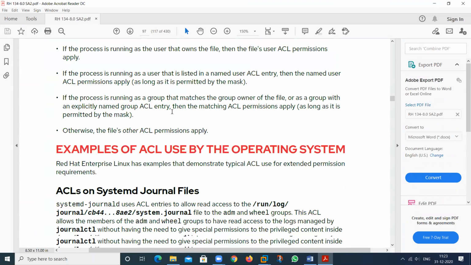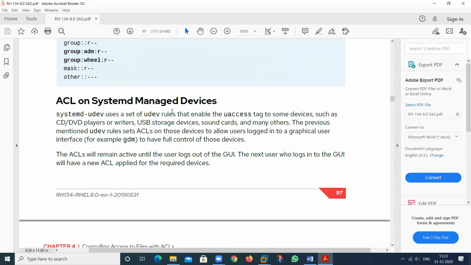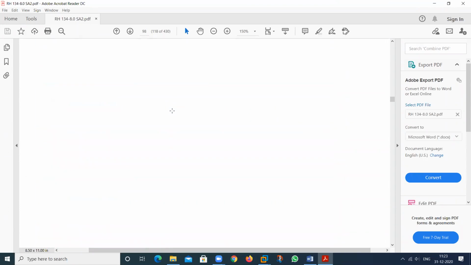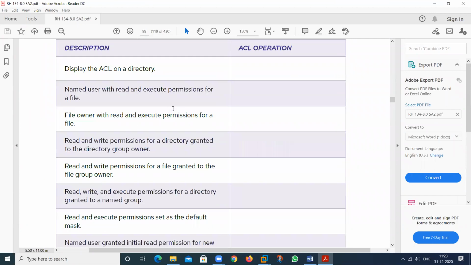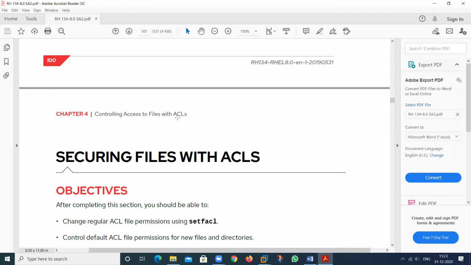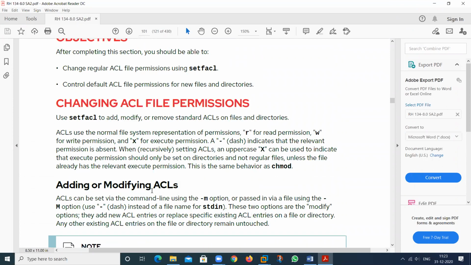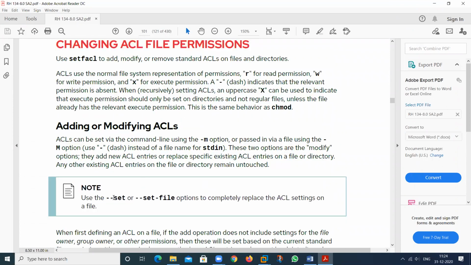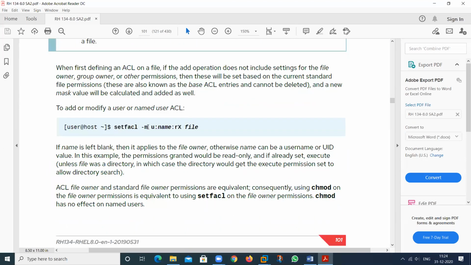And if I want to apply the permission, you can also use the setfacl command. Then see, I will show some examples. So, adding or modifying the permission. So this is the command.